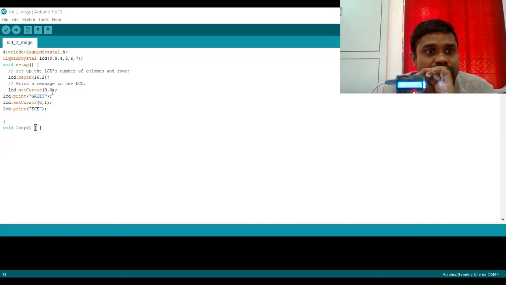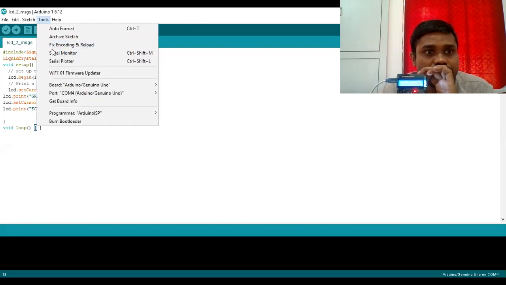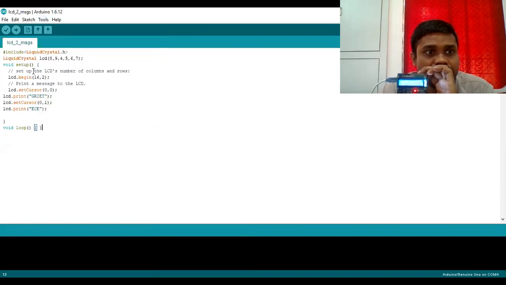First, we want to set the cursor position in the first line, that is row 0, and we want to display some message. After that, we are going to the second line. Next, we want to display EC on the second line. Next, we first go to Tools, and the board and the port must be checked. And we are uploading the code to the Arduino.